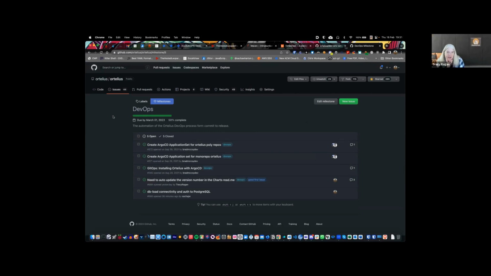So we have these, there's 3 in here that relate to Argo. And they've been out there for a while. Just click on one of those that say create Argo CD application set. You can see it was opened in 2021. All 3 of those are old. And I'm wondering if we want to just close them and not pursue Argo, or I can